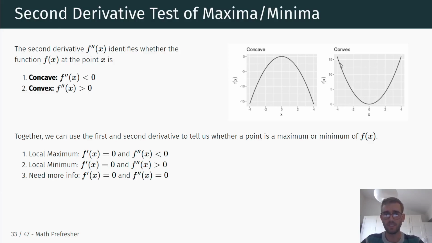So if we start with a negative slope, the slope is increasing, becoming closer to 0 first, and then ultimately increasing, right? So if you think about following this line in a car, you're turning your wheels to the left, and you're increasing the slope, and that's what we mean by convex,